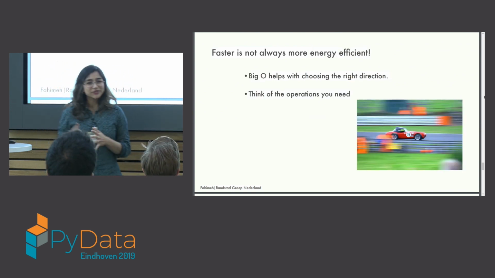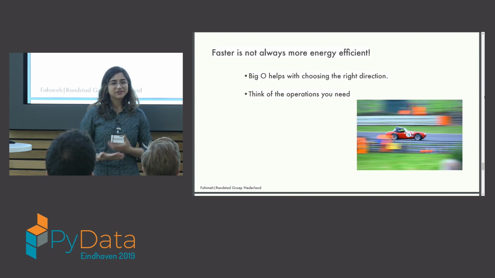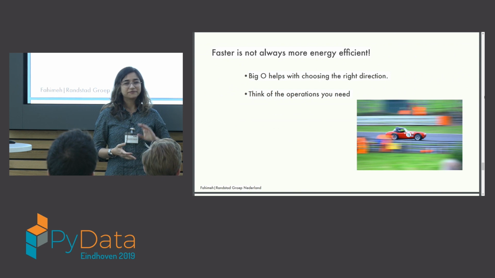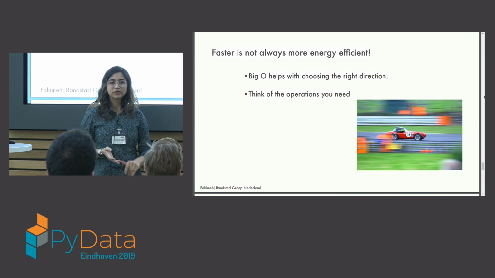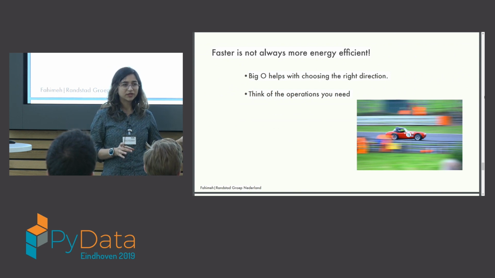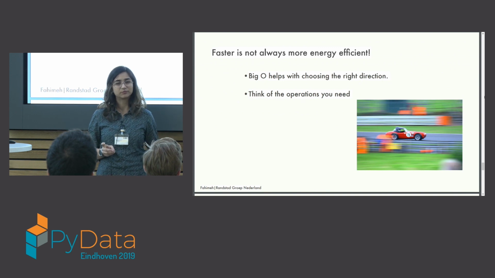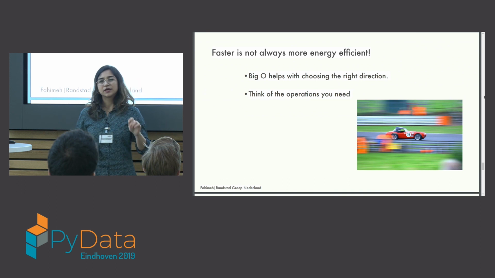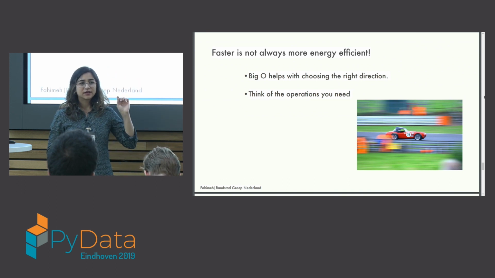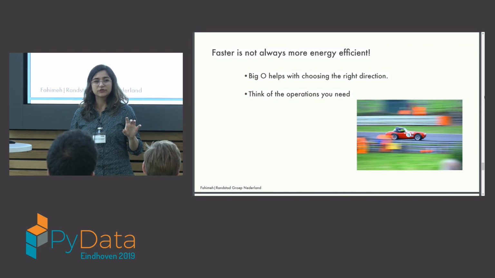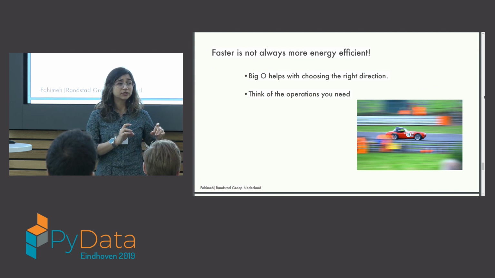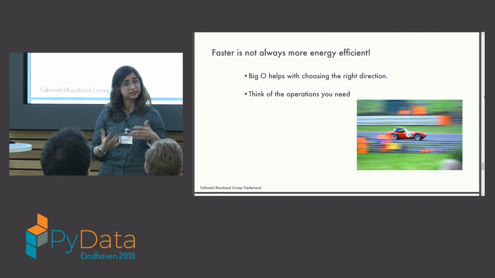And it's also interesting to know that faster is not always better. Take the car example: if you go with the fastest speed or with the lowest speed, in both cases, you're not the most energy efficient. So there is a sweet spot for everything. There is also a sweet spot for performance and speed in your code that you can fine-tune, to see how you can make this trade-off and make it more efficient, both in terms of performance and energy.